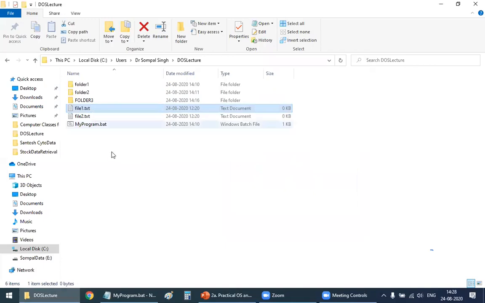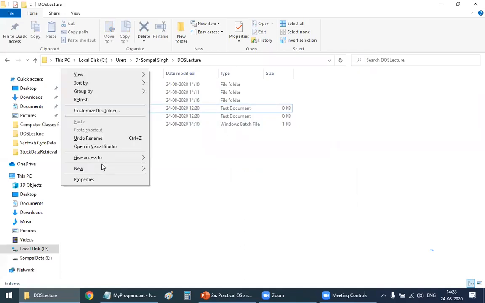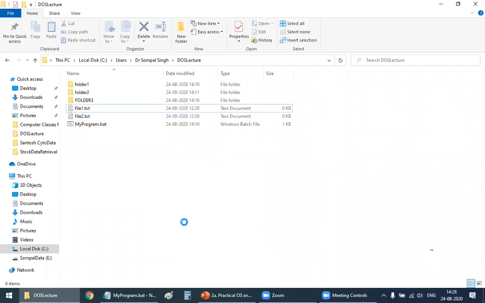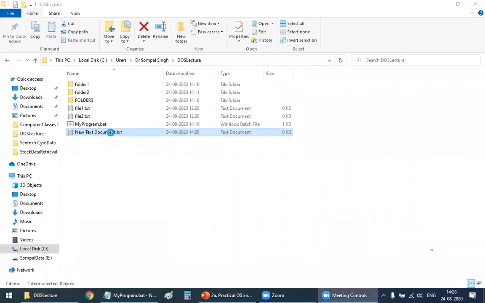Then if I want to create a file, I will right-click in this folder and then create a text file. And let me label this file as file 3. So I have created a new file known as file 3.